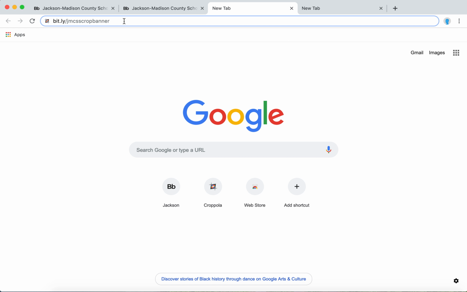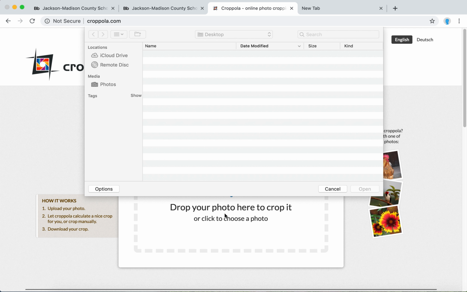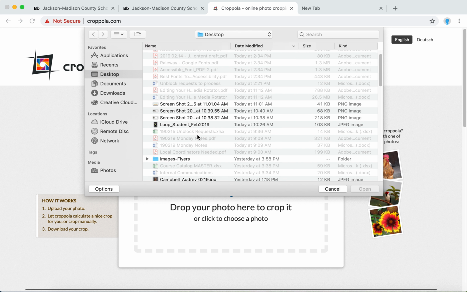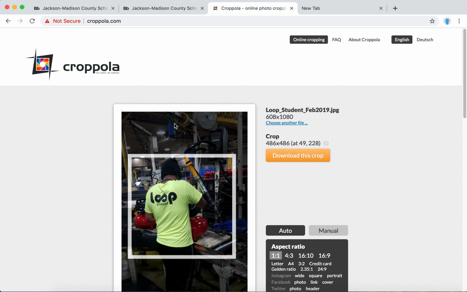bit.ly/jmcss crop banner. That's going to take us directly to Croppola, which is a tool we can use to crop an image easily. If you know and are comfortable with Photoshop or other editing tools, you're welcome to do that, but this is going to be a really quick, easy way to do what we need. You can drag your photo here if you have it saved on your desktop, or you can click to choose your photo. I'm going to pull something from my desktop, and I've just double clicked,